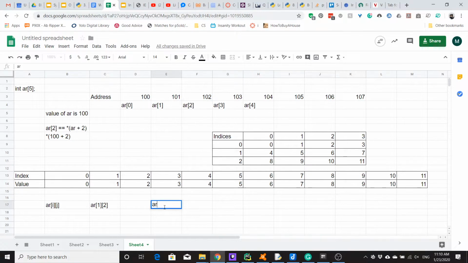What's our single-dimensional index going to be equal to? I times 4 plus j, right? But we want to start at which element? Well, we want to start at the beginning of our array, and our array starts at AR. So AR plus I times 4, plus j will actually move us to the right element. And then if we were dereferencing,